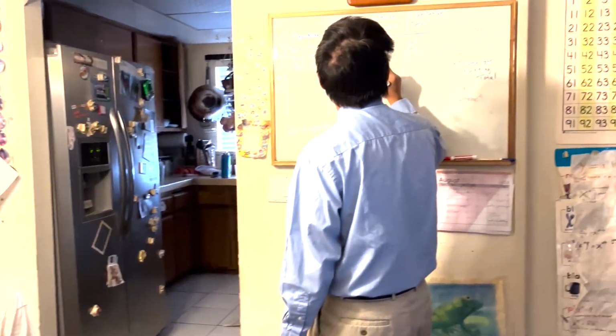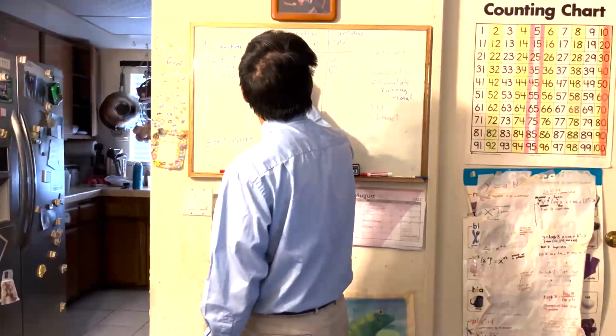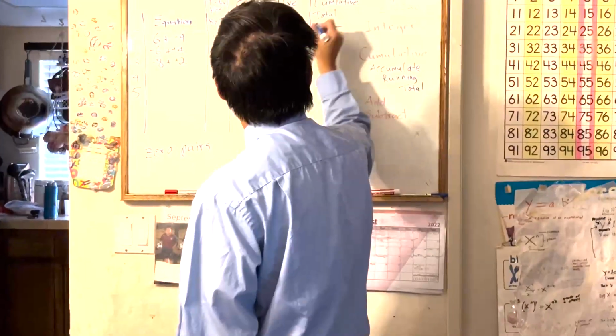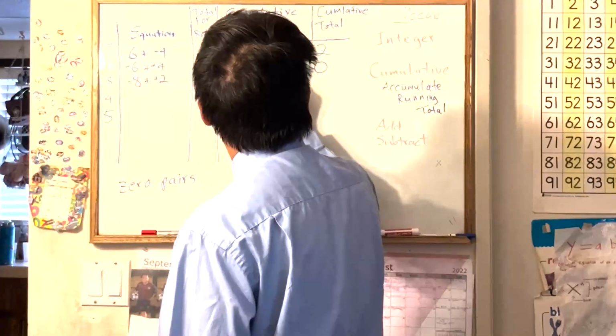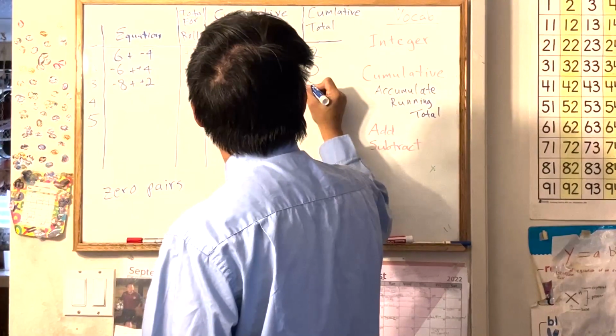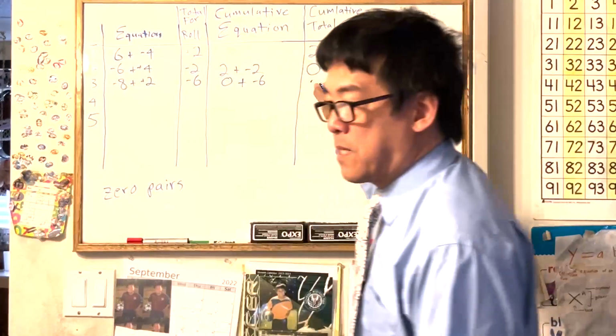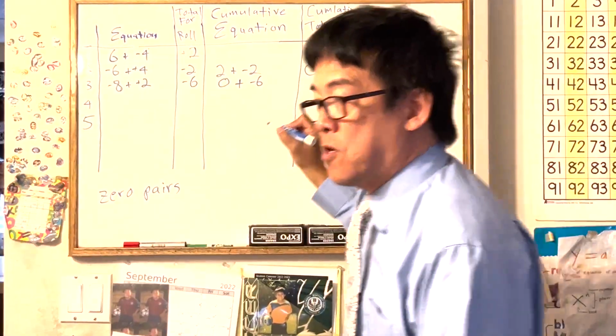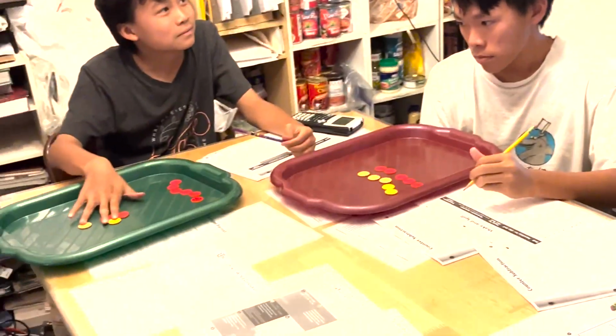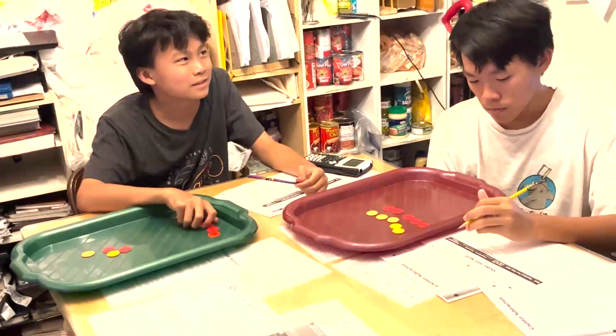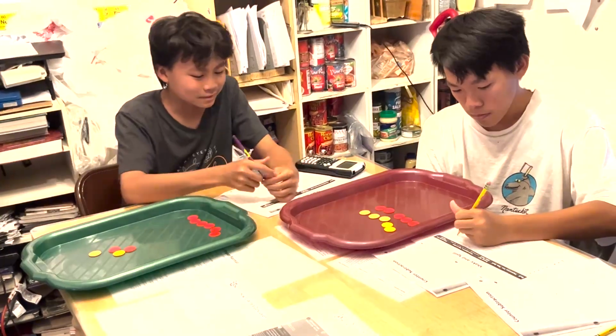-6. So our cumulative here is going to be 0. A running total, we're going to keep, plus -6 equals. What's 0 plus -6? If you're not sure, do it on your tray. What is it? What's 0 plus -6? -6. Okay. And now yours,